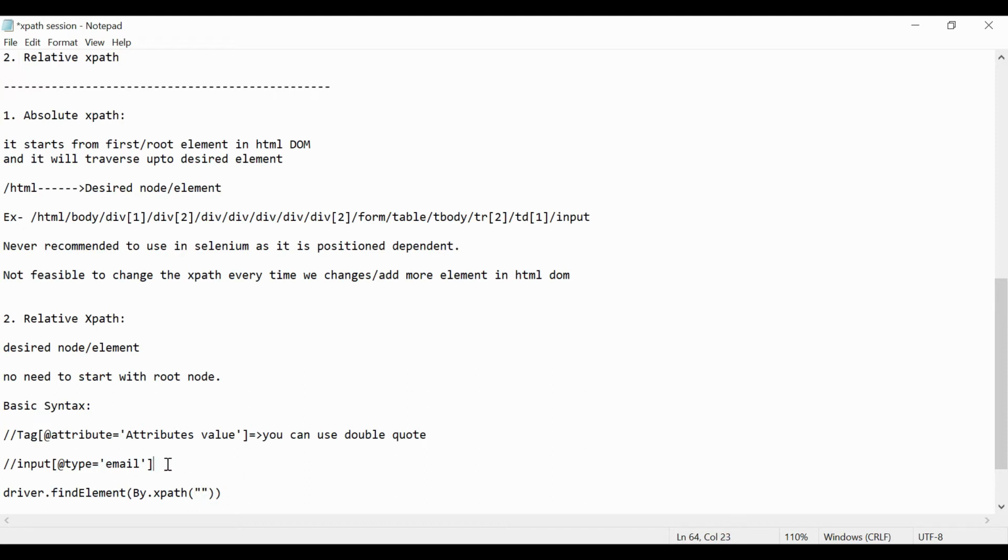If you use double quotes instead of single quotes inside, it will give you an error, because double quote inside double quote is not allowed in Java. So you have to convert this into single. It's better to have a habit of adding the attribute value in single quotes.